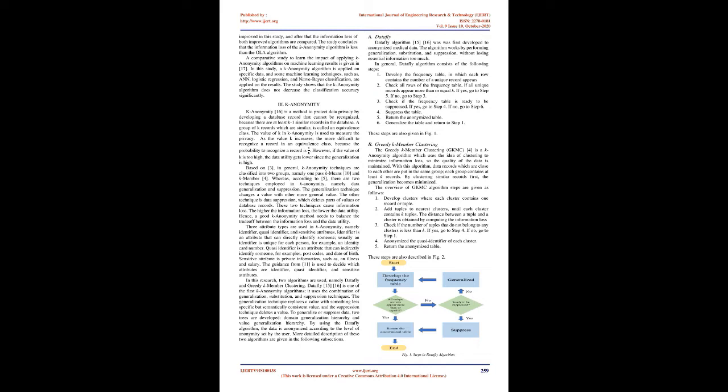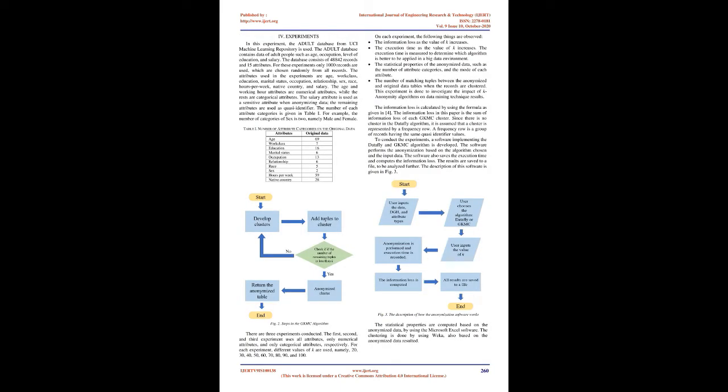3. K-anonymity. K-anonymity [16] is a method to protect data privacy by developing a database record that cannot be recognized, because there are at least K-1 similar records in the database. A group of K records which are similar is called an equivalence class. The value of K in K-anonymity is used to measure the privacy. As the value K increases, it becomes more difficult to recognize a record in an equivalence class, because the probability to recognize a record is lower. However, if the value of K is too high, the data utility gets lower since the